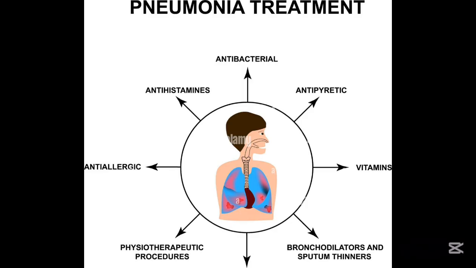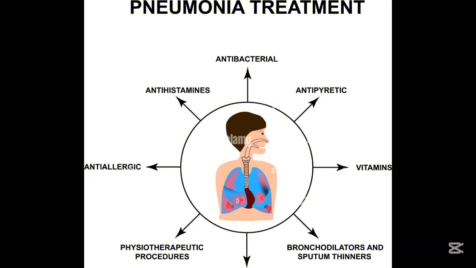And what's the treatment? The treatment is based on the setting and risk factors. Mostly it is empirical antibiotic therapy. If it's an outpatient with no comorbidities, you can just prescribe amoxicillin or doxycycline or macrolides such as azithromycin. If it's an outpatient with comorbidities, you might want to use a combination of amoxicillin/clavulanate